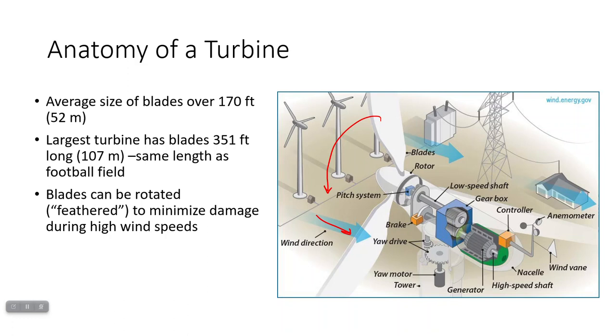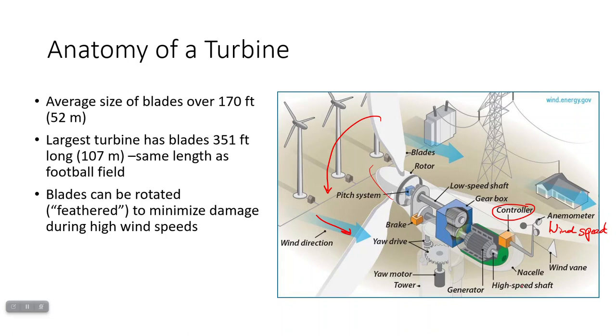So if you see a wind turbine and it's not spinning, that could be one of the issues. The wind speed may be too high. So you have a bunch of mechanical things in here. You do have a controller. You have this big kind of bulge behind the actual turbines that contains the generator and a whole lot of other things, called the nacelle. You have a wind vane and an anemometer. Say that 3 times fast, which measures wind speed